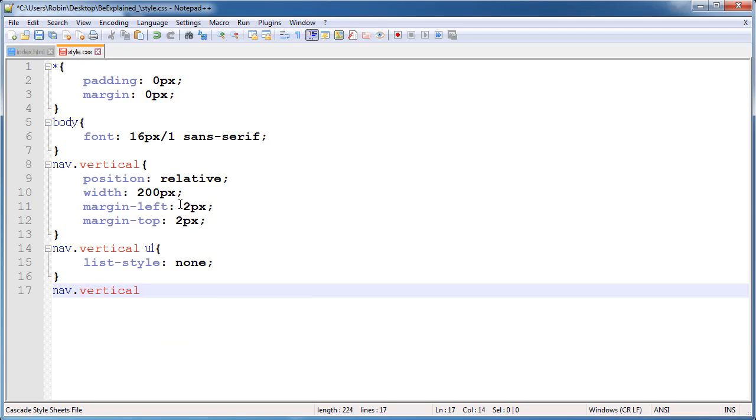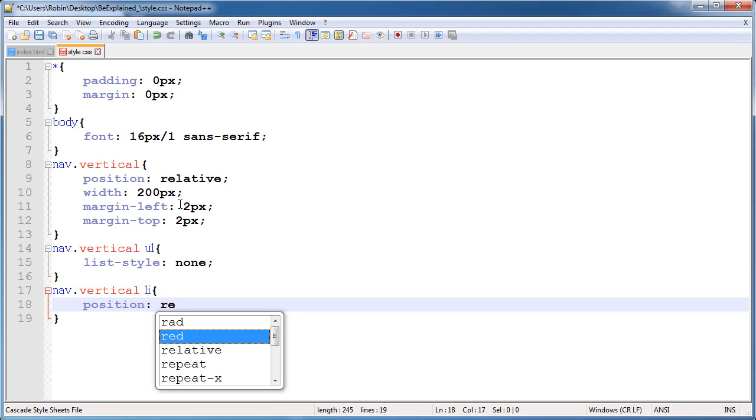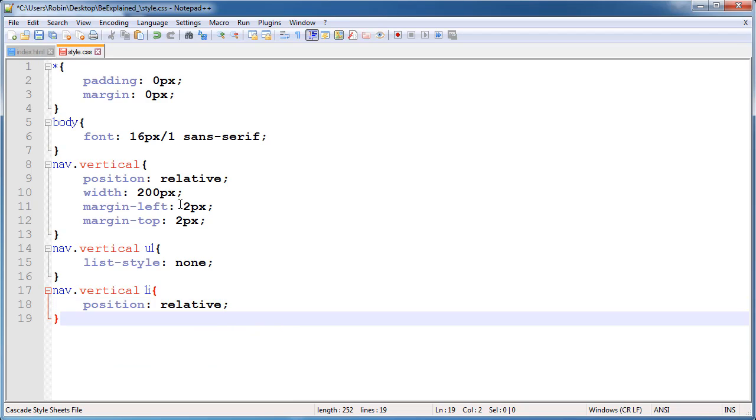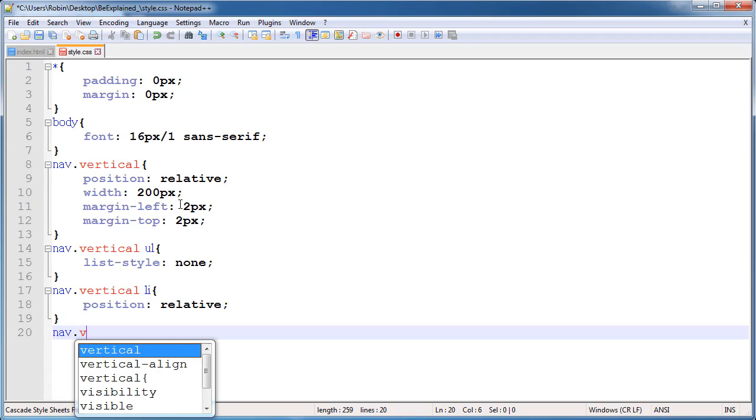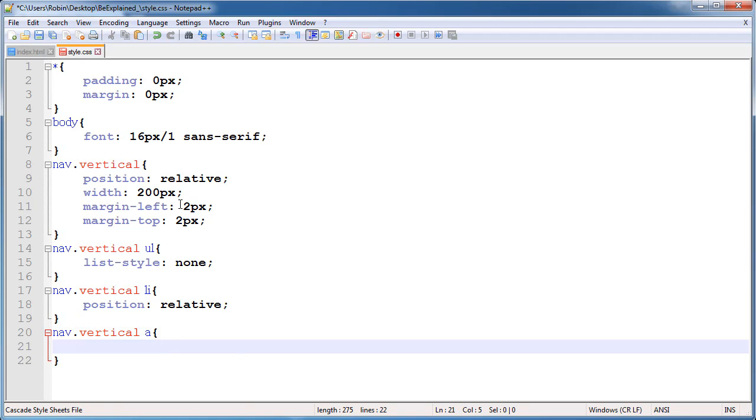So now select all the list items inside our vertical class or nav. So give the position relative.